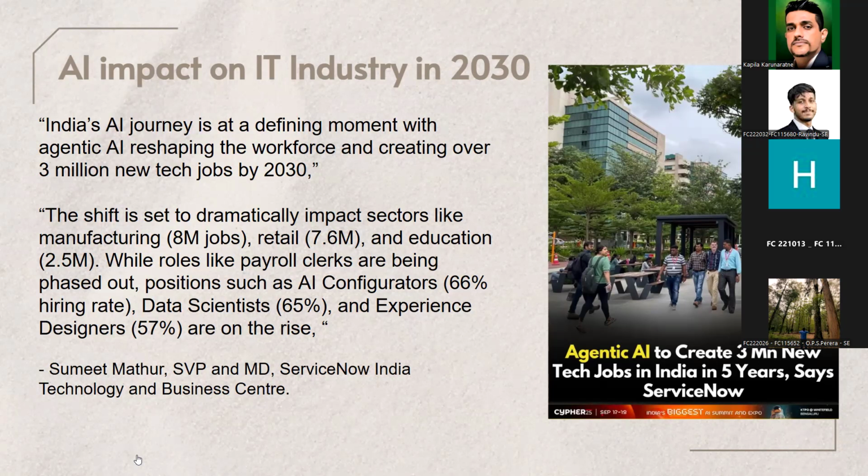Similarly, as people from this country and this industry, we also need to look at possible ways to do this, otherwise we will lose existing jobs as well, right? That's the challenge in front of us. Let's look very proactively and very positively at possible ways to grab this. One good thing you can do, since because of AI we are losing many jobs and there are challenges in the industry,